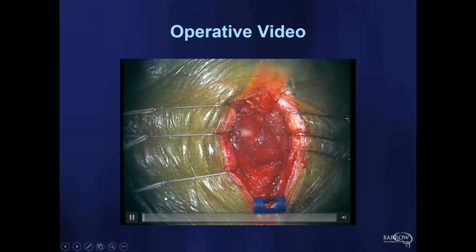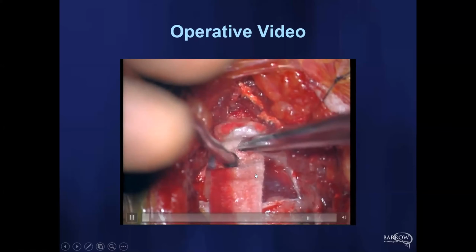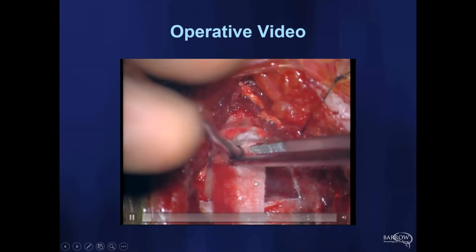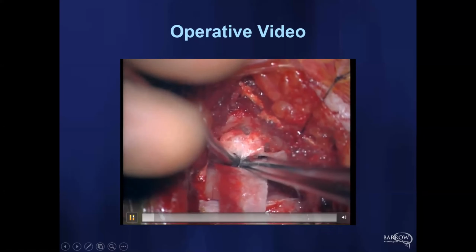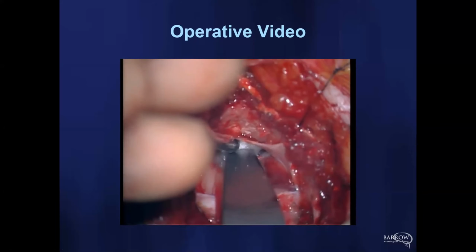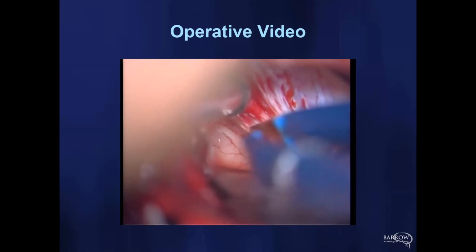It's not the slickest video, shows some blood there. We've gotten better at editing videos lately, but this one shows us the small little telfa that's placed underneath, and it's really important at the beginning to have the patient in reverse Trendelenburg position, so the head is up. And the anesthesiologist obviously uses mannitol, and we use dexamethasone, everything.